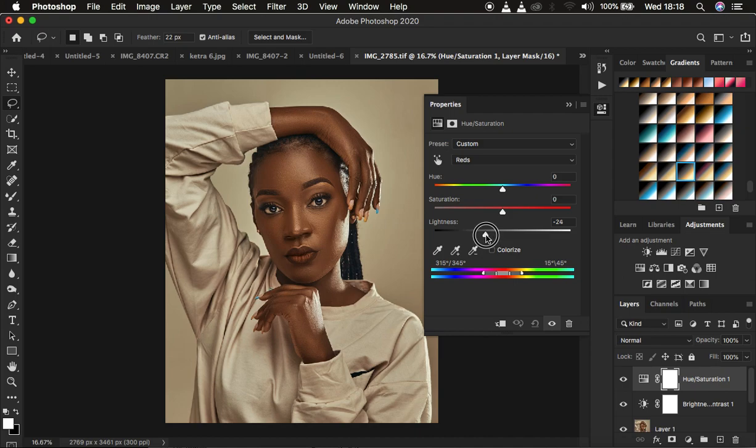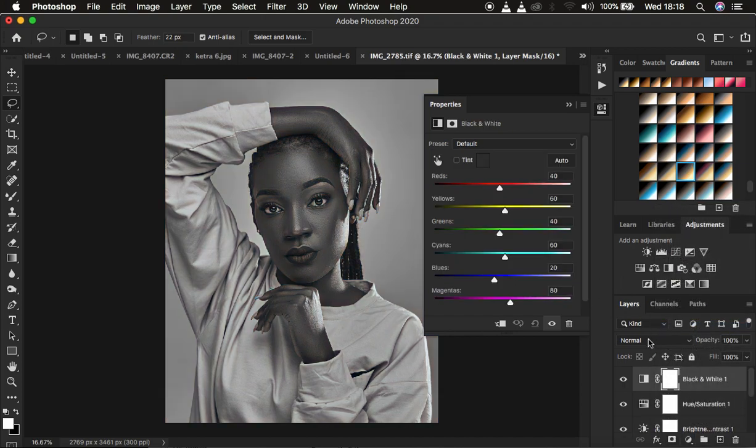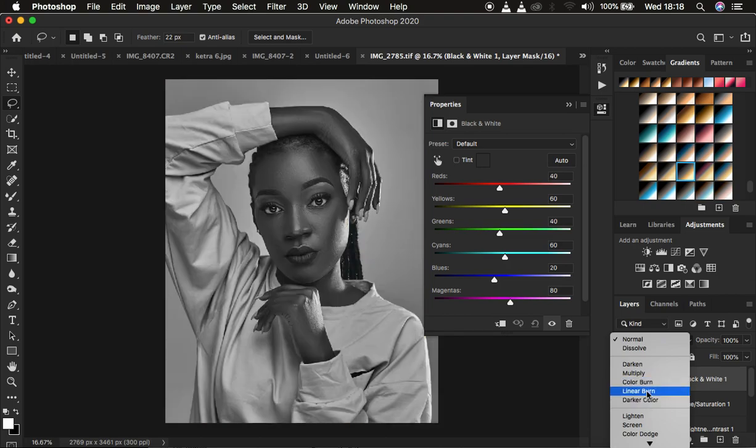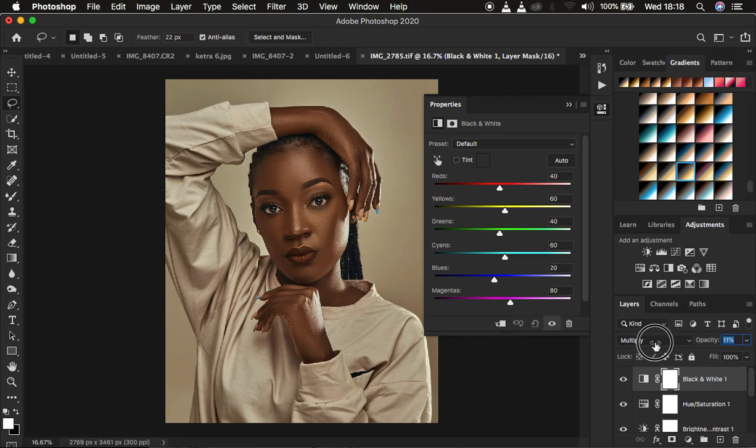So I'm just going to take it further more down. So that looks okay. I'm just going to come and create a black and white adjustment layer, and with that created, I'm just going to come and change it to multiply, and I'm going to come to the opacity and simply drop down the opacity of that, and that looks okay, but the image looks a little bit warm for